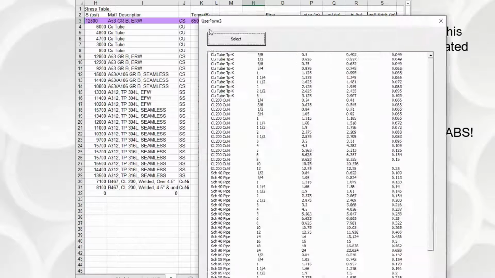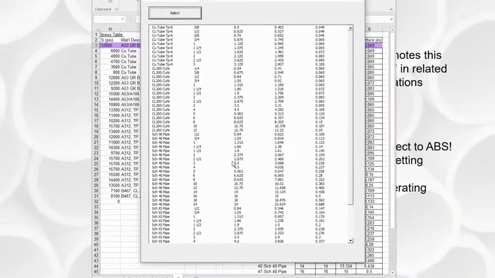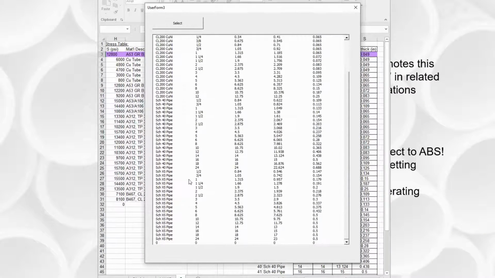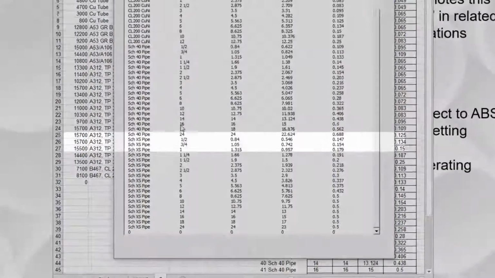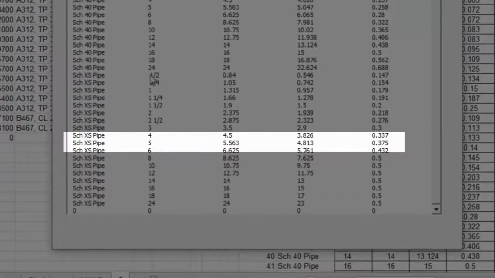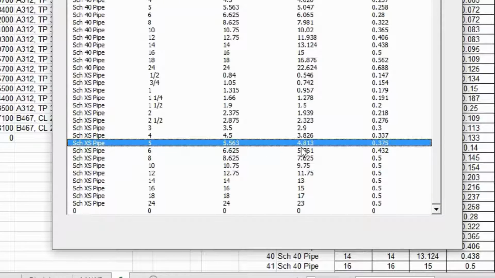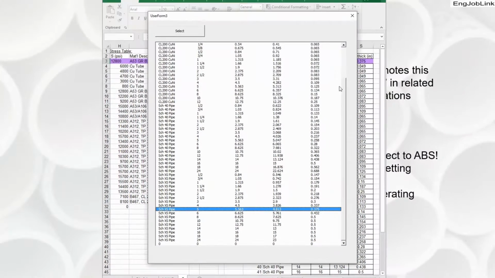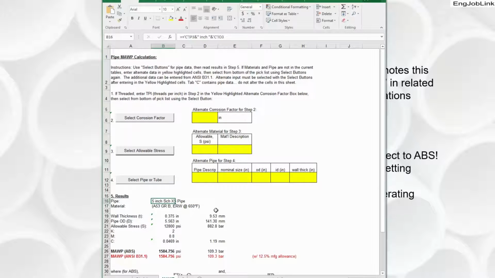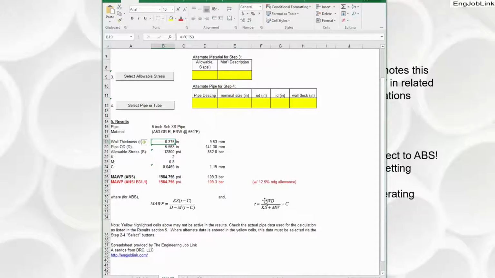And that was step 3, and on to step 4, selecting the pipe. We said we wanted to use schedule 80, which in smaller pipe sizes such as 5-inch would be schedule extra strong. And there it is right there. OD 5.5, ID is 4.8, and the wall thickness is 0.375. If you didn't want to use that and wanted to use an alternate, whatever you type in those yellow cells would be here on the bottom. You would select that. We're going to select the 5-inch pipe. And there it is, 5-inch extra strong pipe. Your wall thickness is in here, and you've got some metric units.